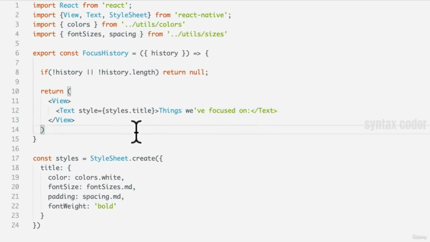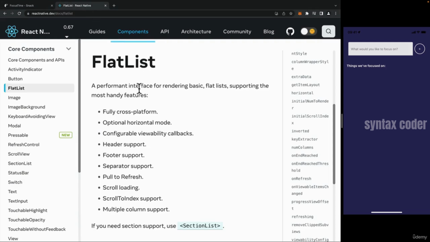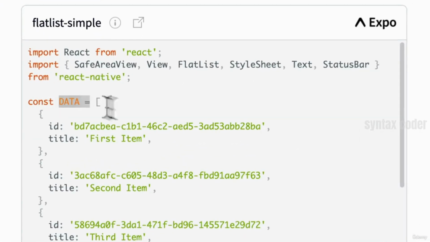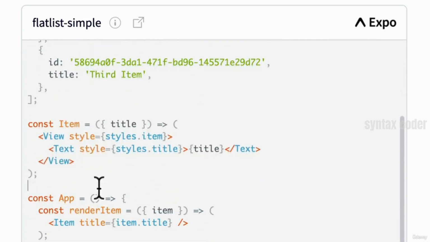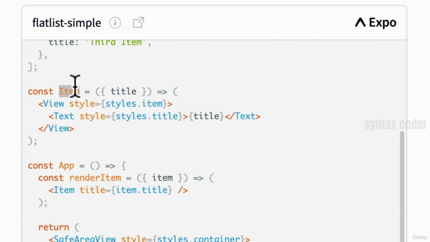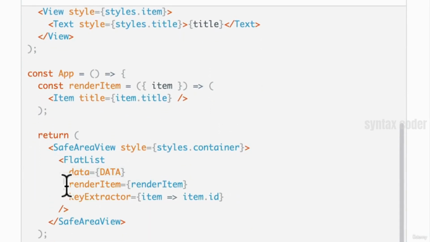Now that we have that, we basically need to figure out, okay, how am I going to visualize things onto the screen? And so for that, we're going to need something called FlatList. FlatList is an interface of React component, React Native component specifically, that allows us to render out lists of items. And when we look at it, its very basic usage is you give it an array of data, you tell it the shape of your item, you define the function that's going to render out each individual item, and then you give it data, you give it the render function that it requires, and you can potentially give